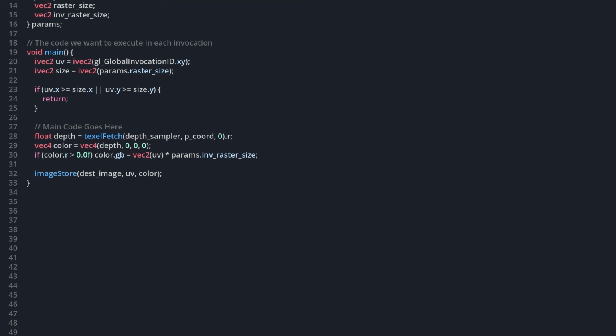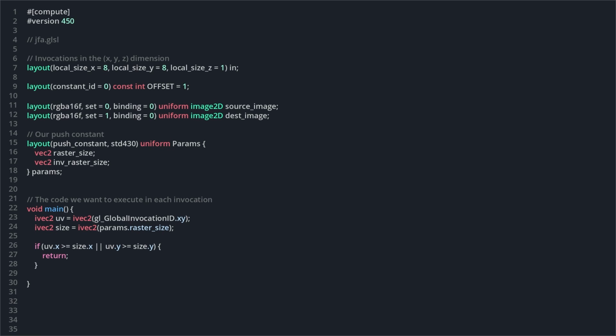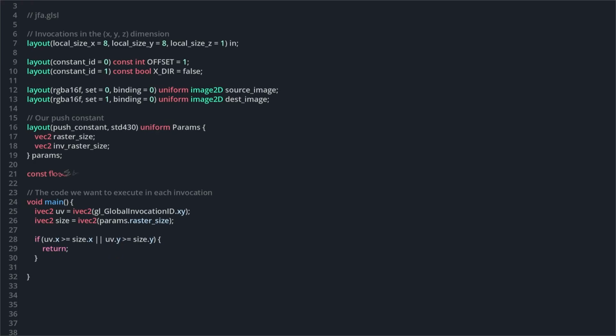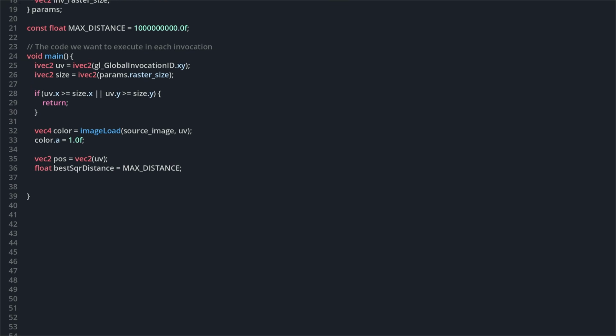This is where it writes its position onto the pixel. The JFA shader is a bit more complex. We add these constants to tell us the offset we're working with, and whether or not we're checking in the X direction. Then, inside the shader, we check the 3 pixels in the specified direction and compare their distances to